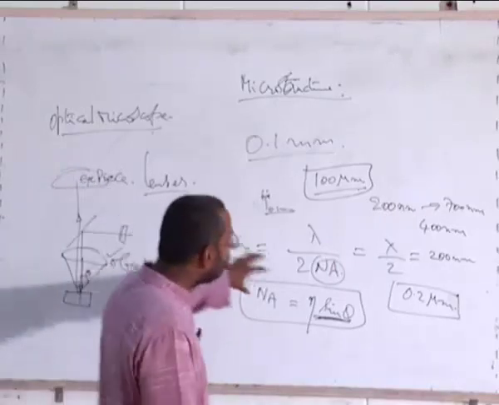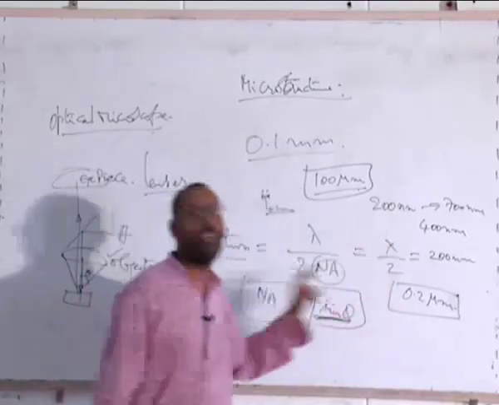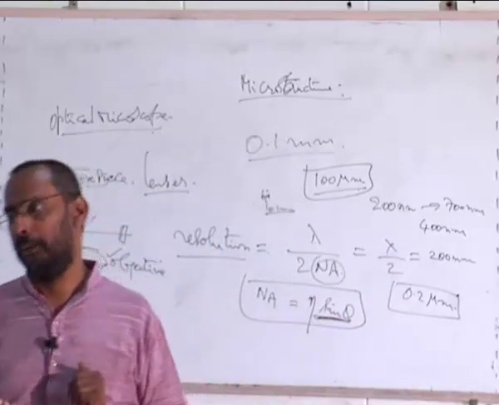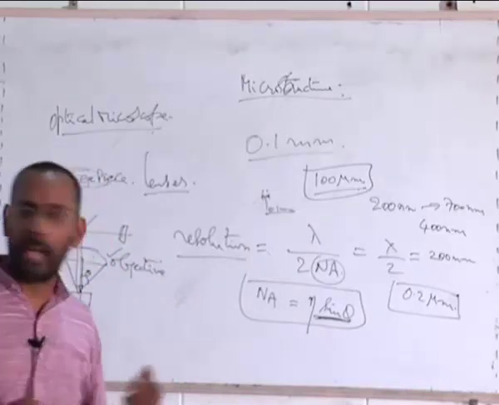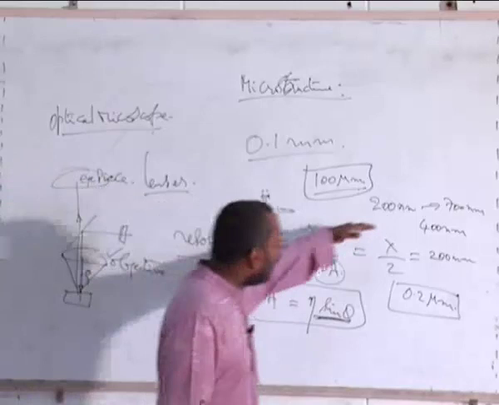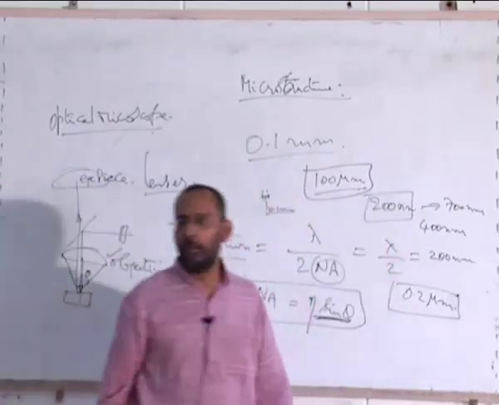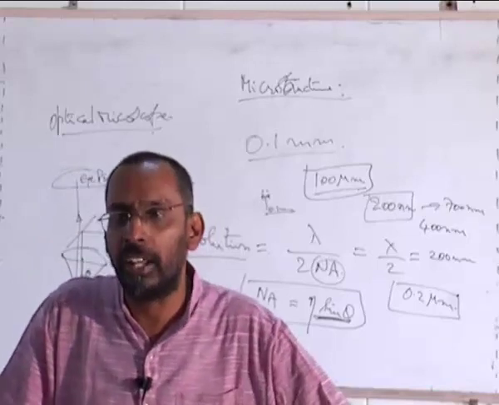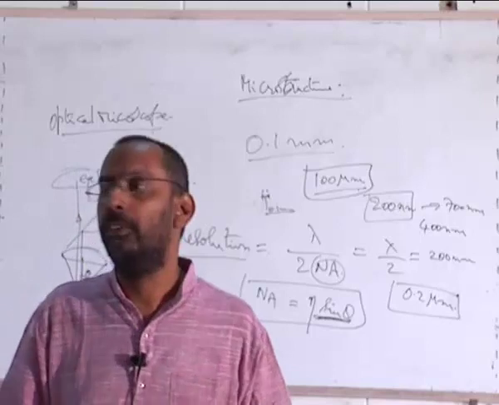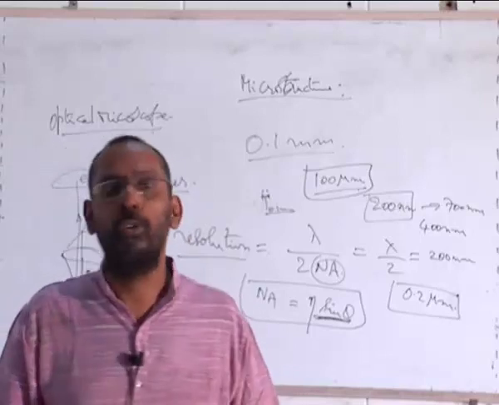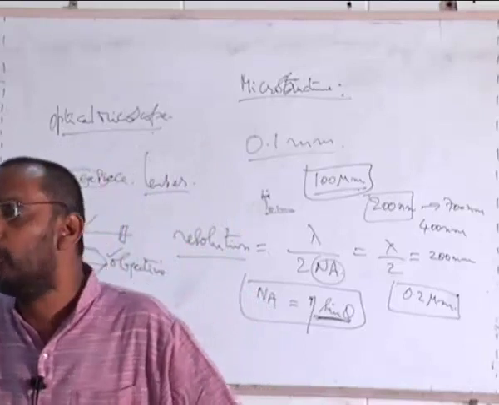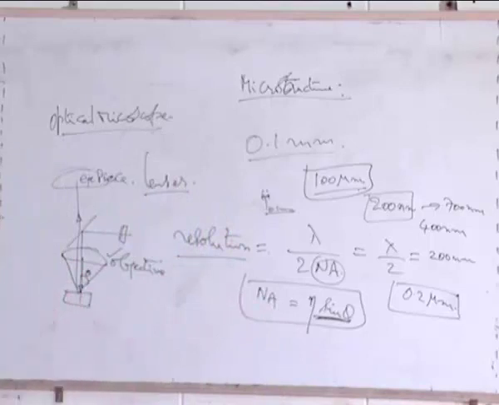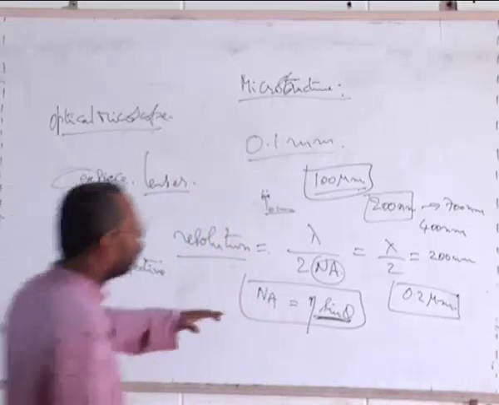The reason the microscope is able to show you finer things is this formula, where lambda decides the resolution. The lower the lambda, the better for me. If I can go to a lower lambda, I can see finer features. But for visible light, violet is the lowest, and I cannot go below that, because there are no radiations easily available in optical radiation that are lower. As a result, I have to use ultraviolet light. It is not easy to catch ultraviolet light and use it in an optical microscope to be able to see it. And that is the reason why light microscopes have a limitation.